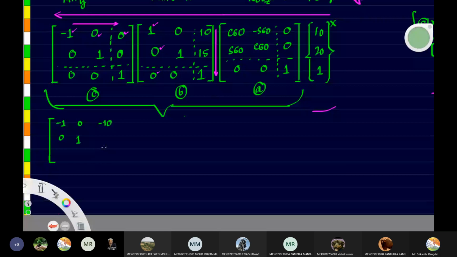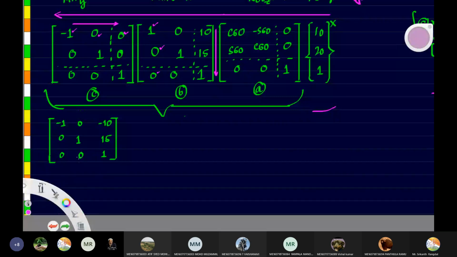And what about the last one? The last row with first column, 0 0 0. So here we get 0, and here also we will get 0. So a null matrix is always 0. I told you, even after multiplication, with a null matrix we will always get 0. Fine. And the scale, both of them are 1, so the answer also we will get 1. Okay, so this matrix is the result of C into B.